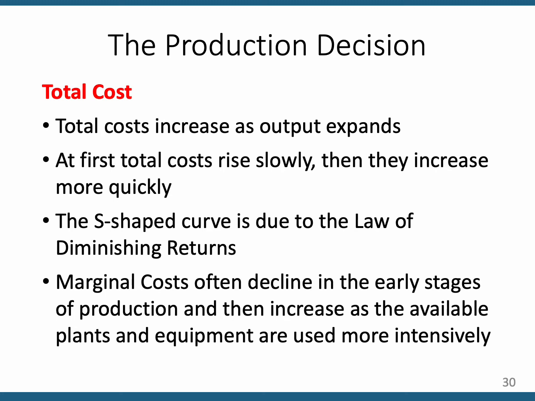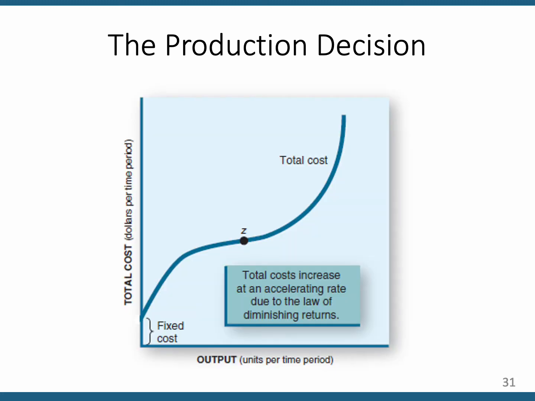So remember, that was the law of diminishing returns that we talked a good deal about in Chapter 7. This means that beyond some certain point, when you're experiencing diminishing returns, total cost increases at an increasing rate, and that gives us the S-shaped curve, which looks like this. As you go from left to right, total cost increases at a decreasing rate. That makes it sort of level off and almost plateau, and then at point Z, total cost starts to increase at an increasing rate. That's where diminishing returns are happening. So now let's bring the total revenue curve into this graph.